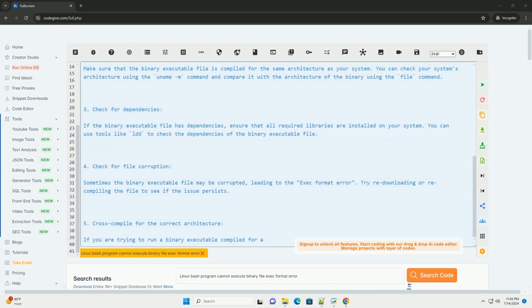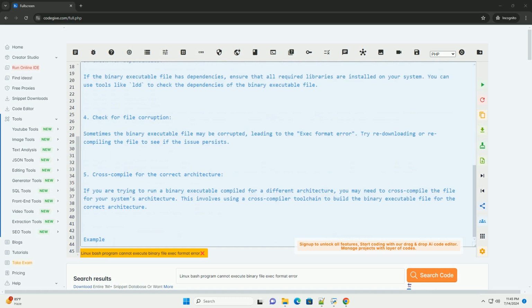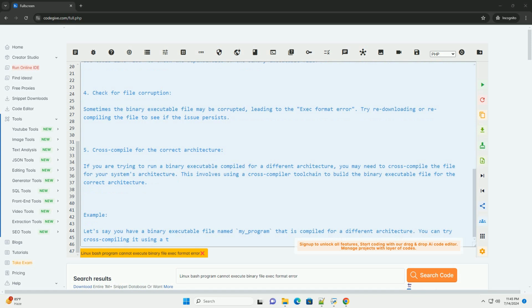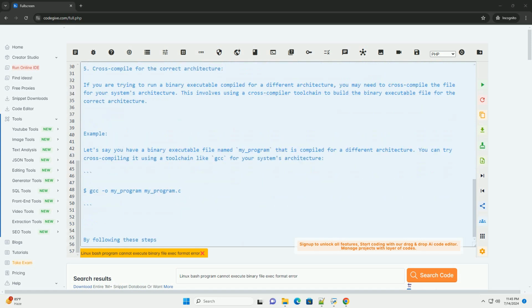1. Check the file type. Before you try to execute a file, it's important to check its type using the file command. This will help you determine if the file is indeed a binary executable. For example,